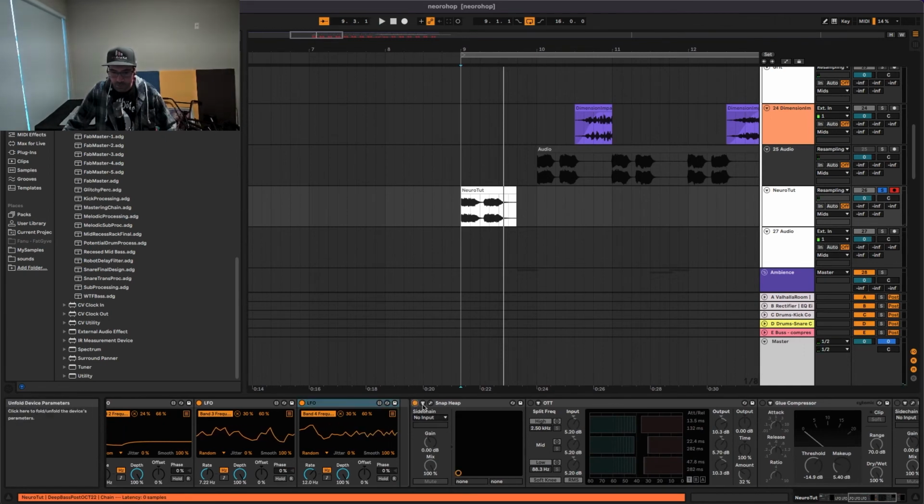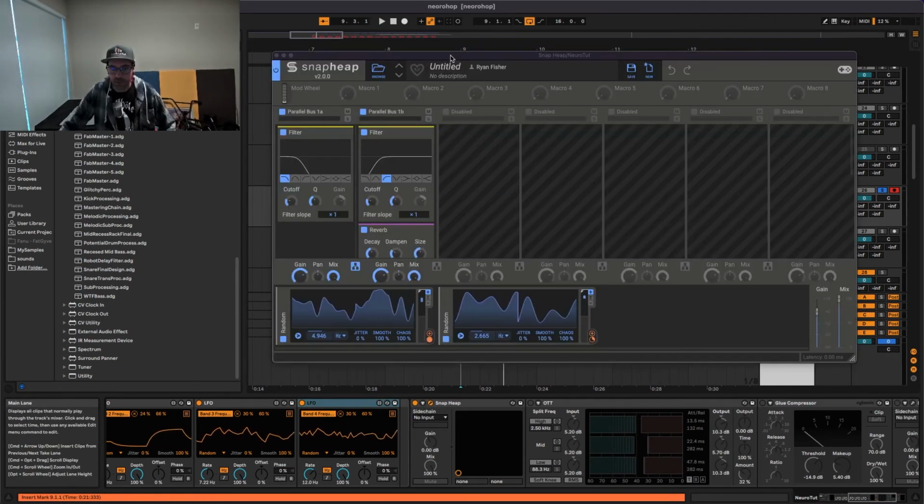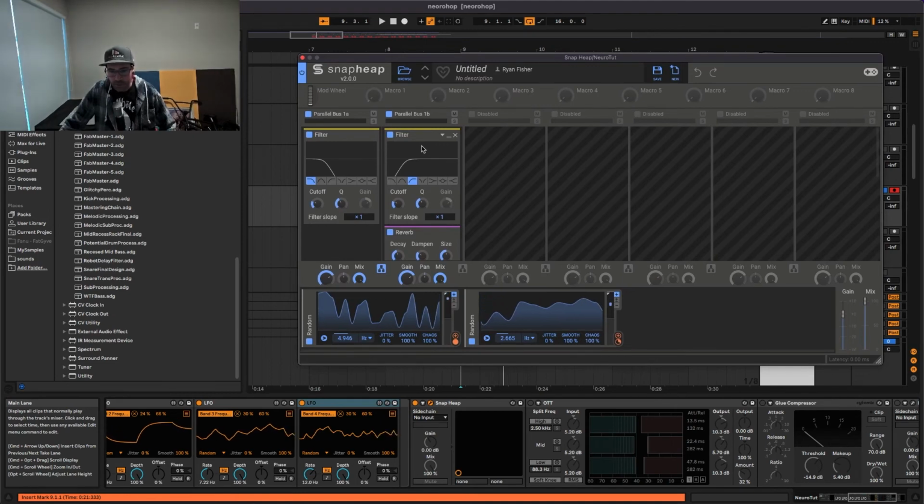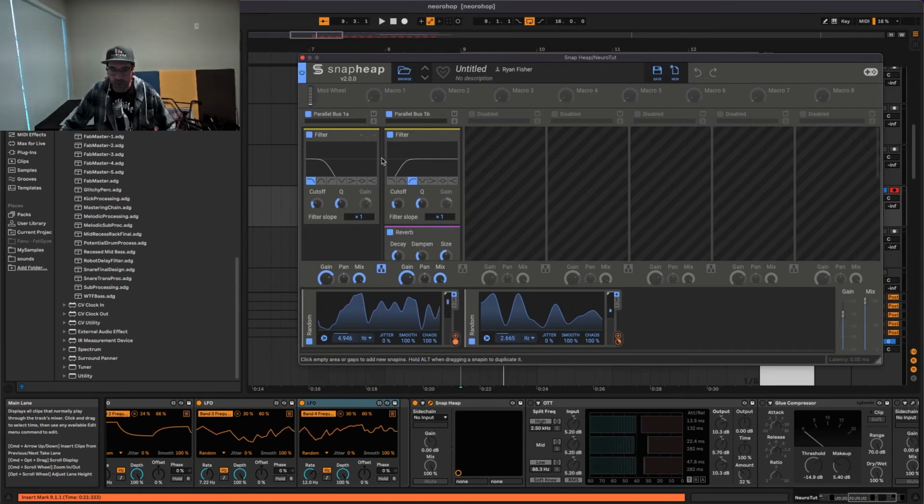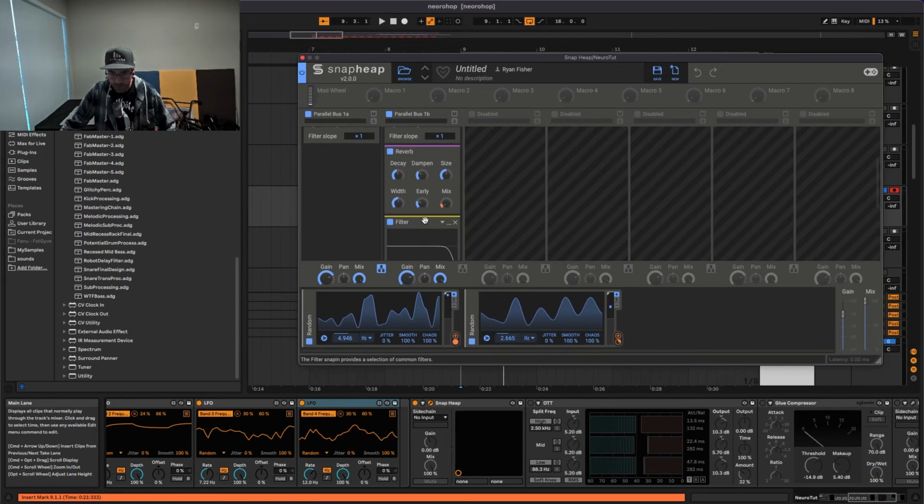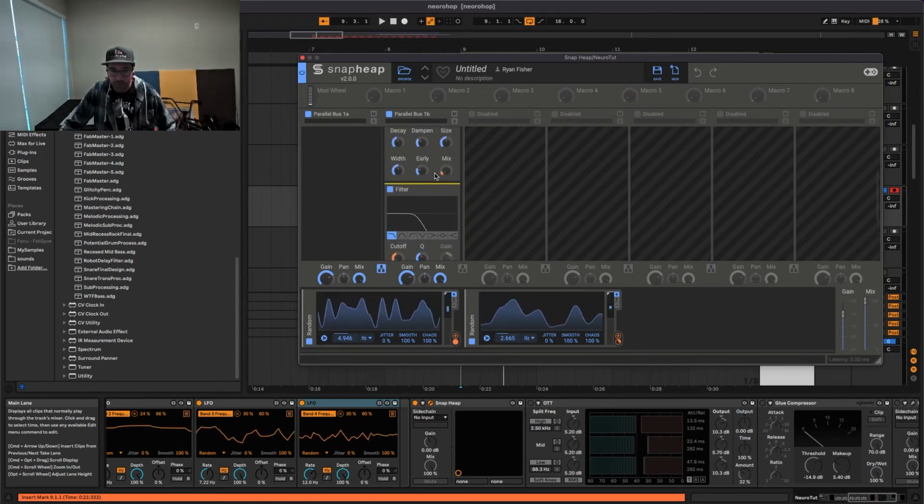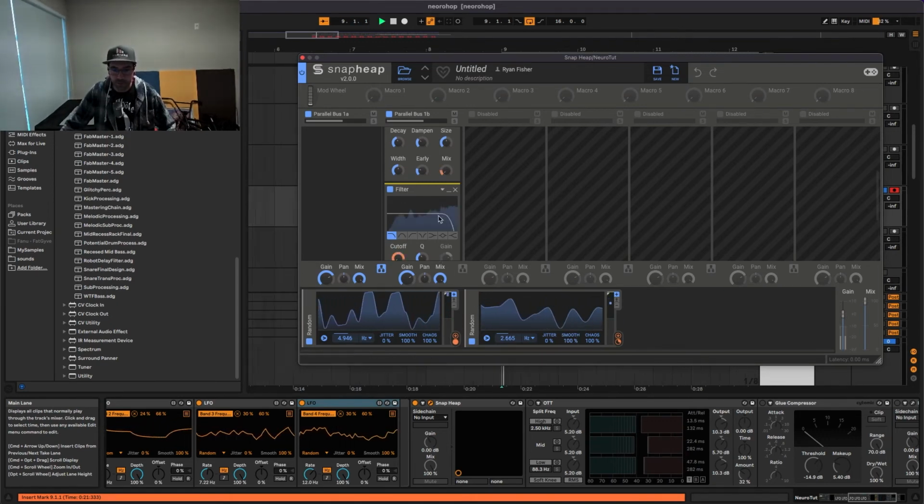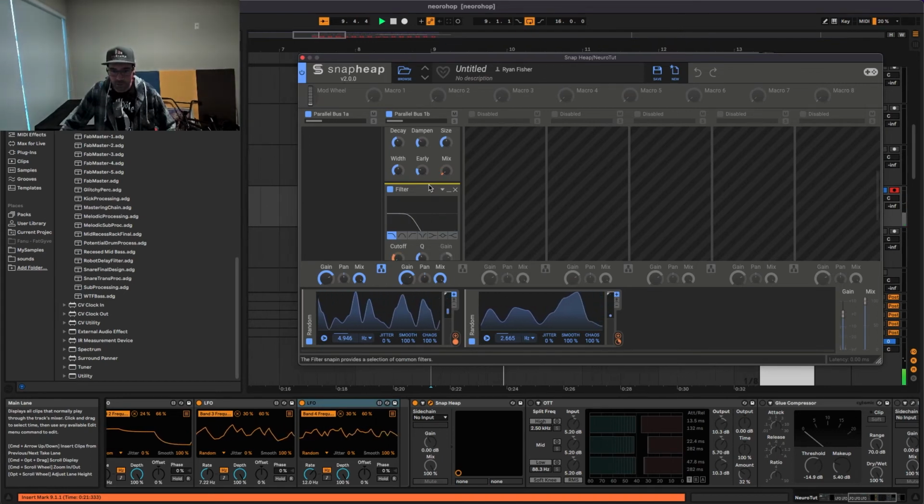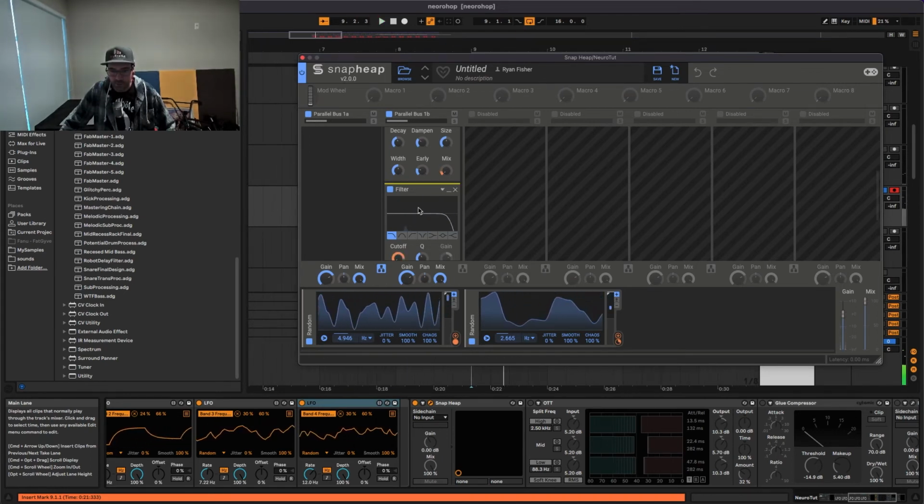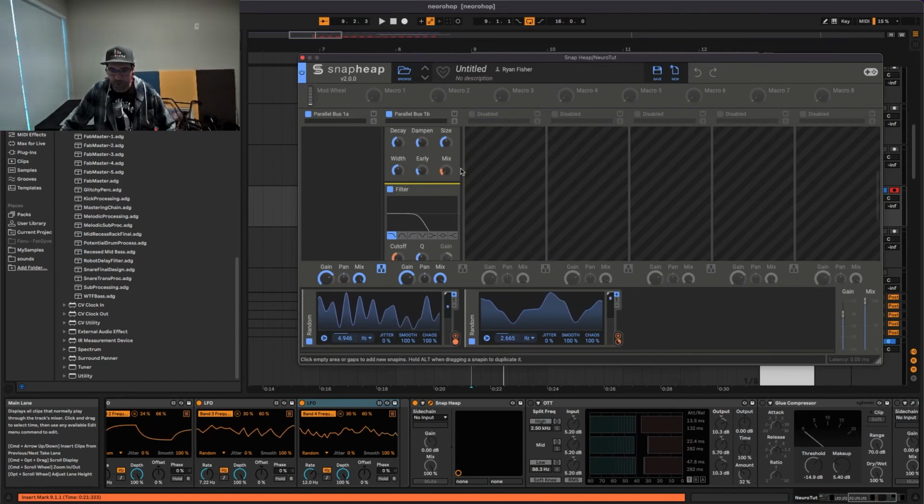And then the other big thing on this is what's going on here in Snap Heap. So I'm splitting the bands again. So I've got the low, high. Nothing is happening on the low end here. But then on the high end, I've got this reverb and then just a low pass filter. And both of these are being automated by 2 different random LFOs, which just adds filter movement, and then you get the decay of this reverb cutting in and cutting out,